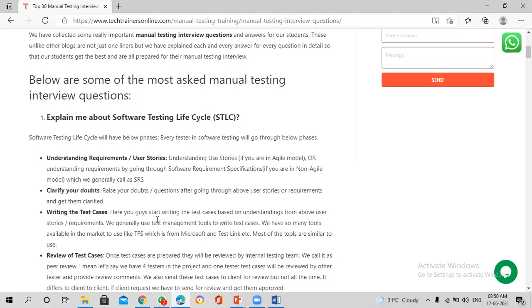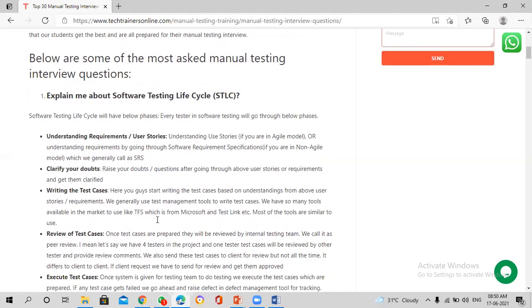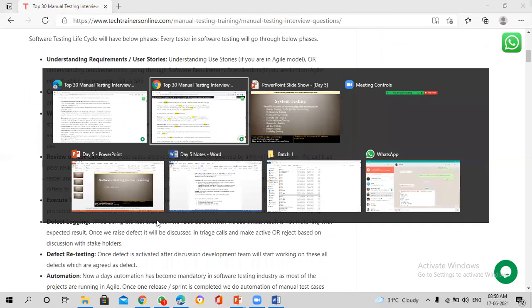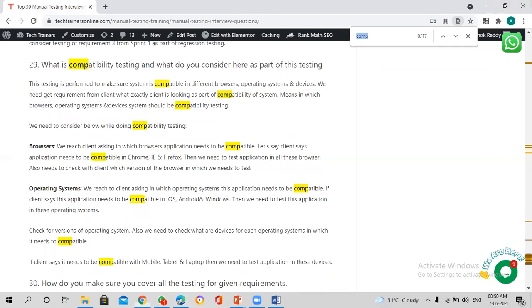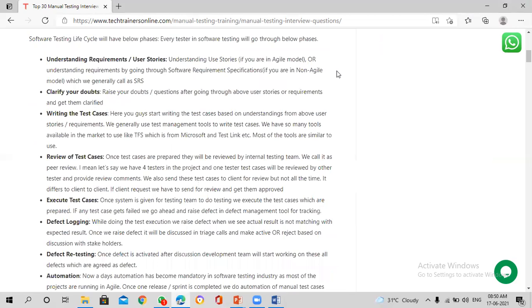So you need to do this testing online, as well as with the CD, to make sure that installation is working fine without any issues. This is what exactly installation testing is.